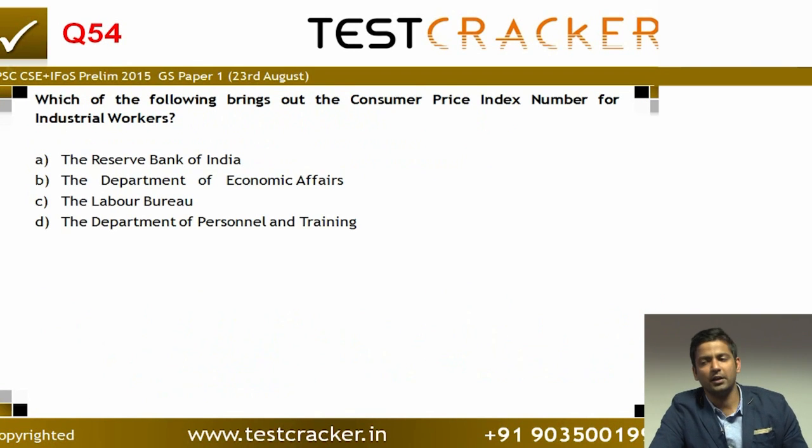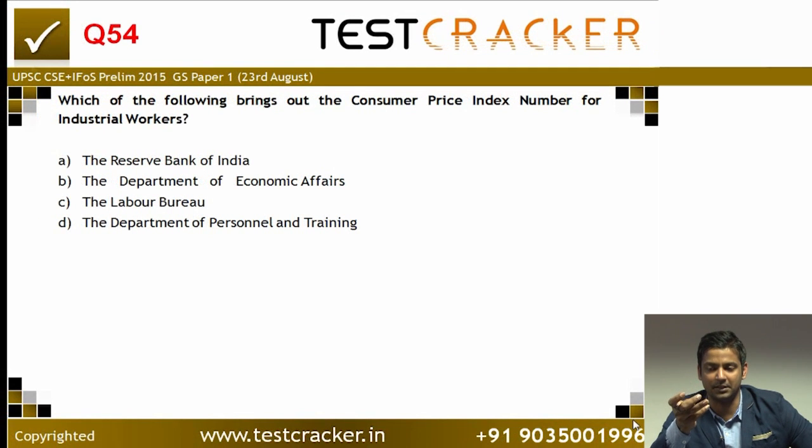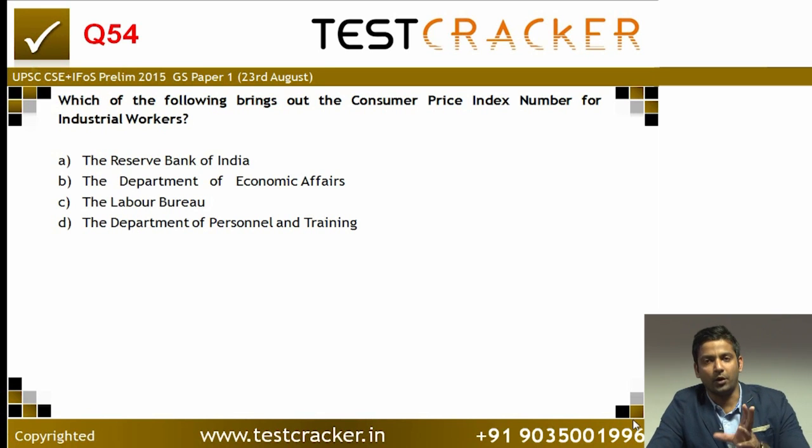Consumer price index number for industrial workers. Even if you look at the options and you have to pick one choice without any background information, you will come to the right choice for this. Otherwise, you would remember that before we had the current series of consumer price index, which has three indices, CPI urban, CPI rural and CPI combined, we used to have four types of indices for consumer price index, one of which was CPI-IW, which is industrial worker, obviously for the purpose of wage adjustments. It is tracked by the Labour Bureau. The answer is C.